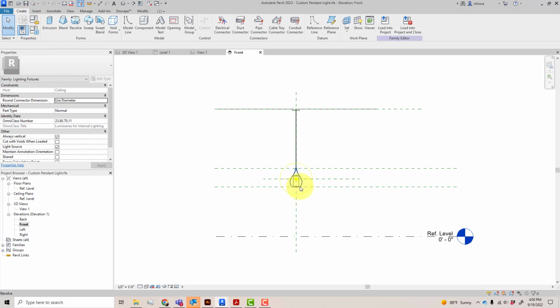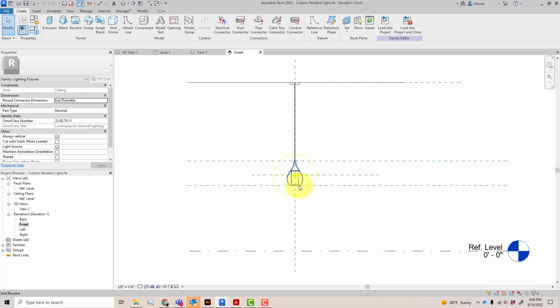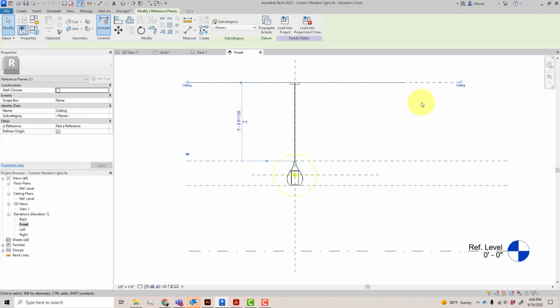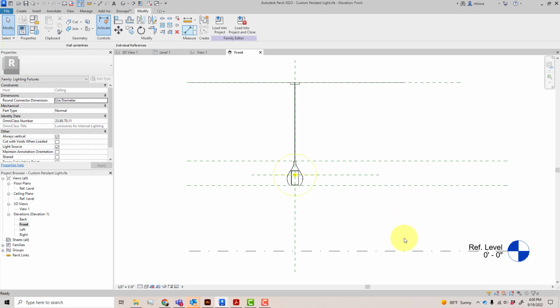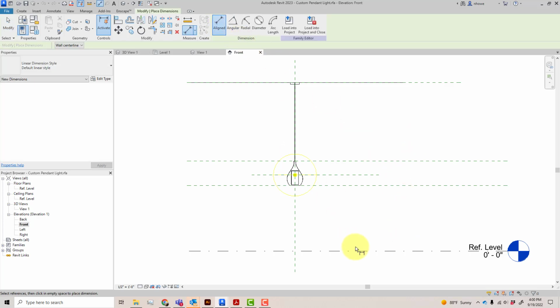So typically, a lot of pendants you'll see out there will have a dimension from the ceiling, and that's fine if that's how you want to do it. I actually would recommend, because the critical dimension is kind of where this is in relationship to the human body, I would go ahead and make the critical dimension that one. And so this